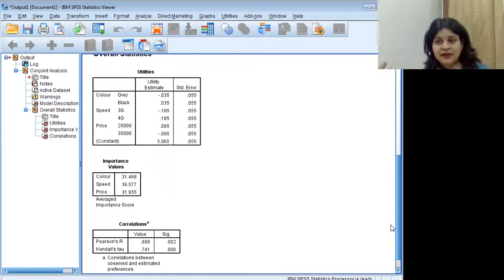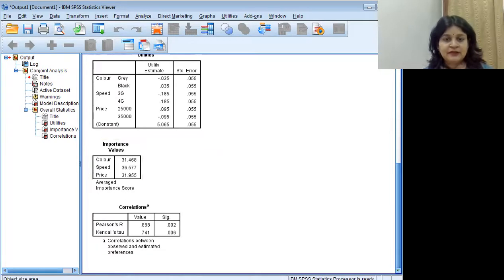If they are working on the price, that is again a second priority by the customer. And if you're working on the color, that is again a third priority by the customer. So it's again a very great insight which we get out of the conjoint analysis. And then when we see the correlation, you just see the association. There is a great association because the significant value is less than 0.05. It means null is rejected and alternate is accepted. It means there is a big association of these different variables, these factors which we have taken under the study. So correlation again gives you a great insight.